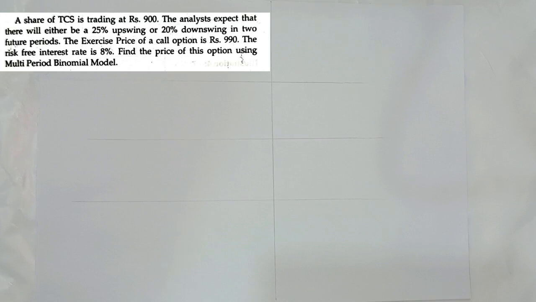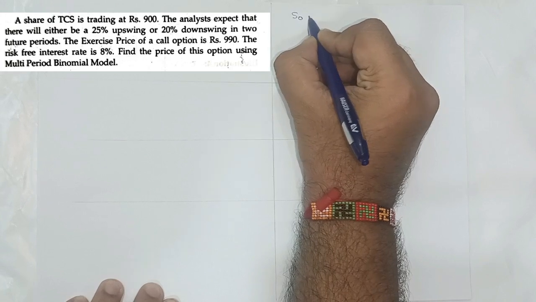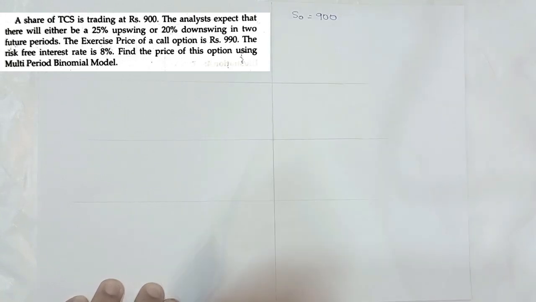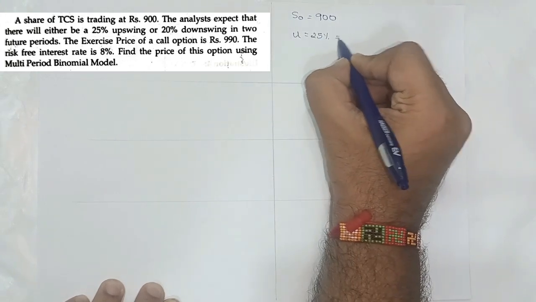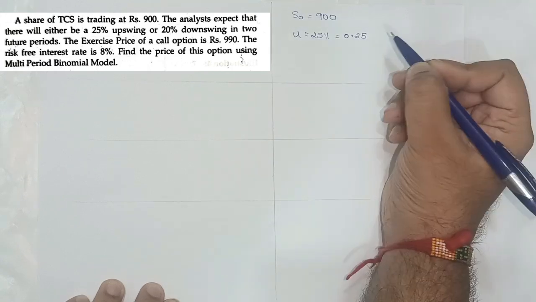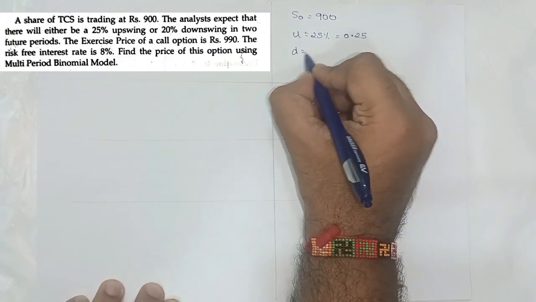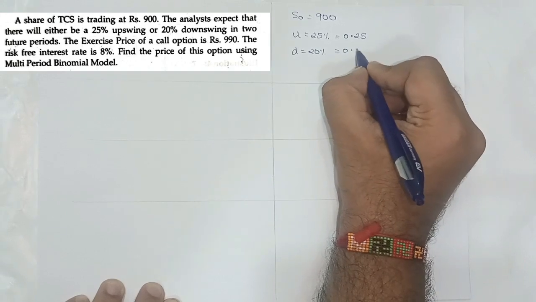Okay, now this is the second type of sum which can come under the binomial pricing model. So I'll read the question once. A share of TCS is trading at rupees 900. So if it is trading at rupees 900, I will note down here the spot price is 900. The analysts expect that there will be either a 25% upswing. So they're giving you upswing 25%. So if I put it in the point form, it will become 0.25, or 20% downswing. So downswing is 20%. So again, if I put it in the point form, it will become 0.20